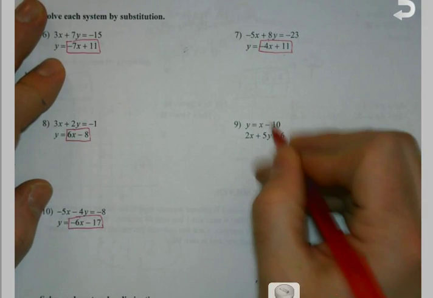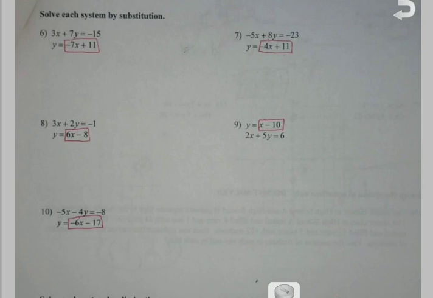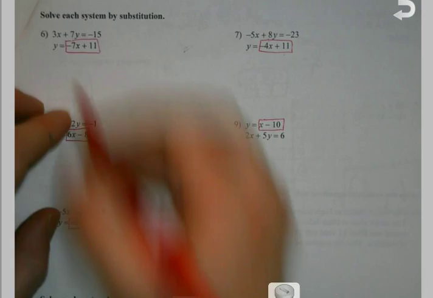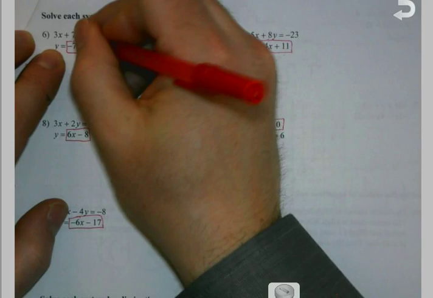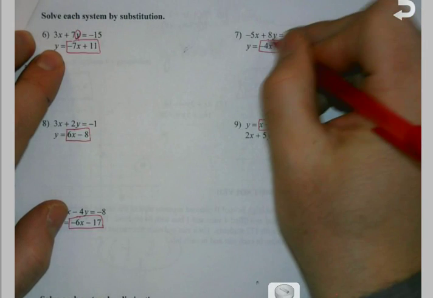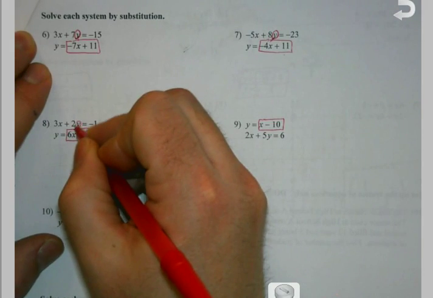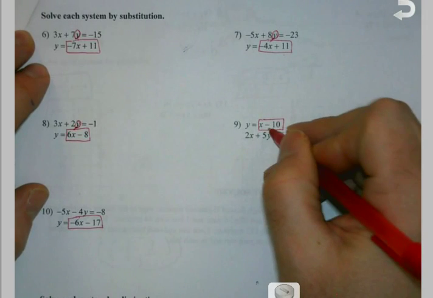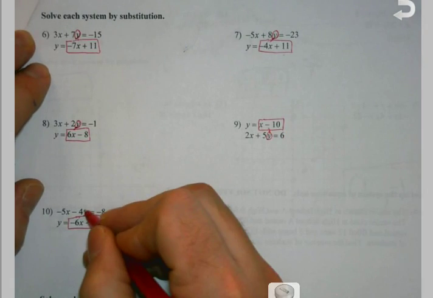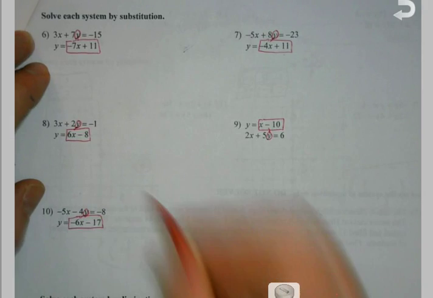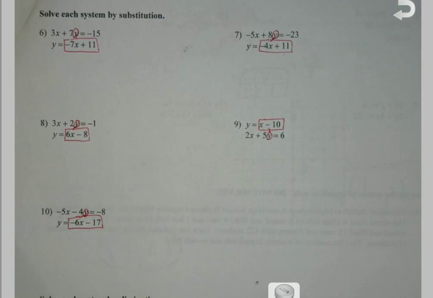And so we typically put a box around the side that didn't say x equals or y equals to remind us, oh yeah, I've got to plug this in wherever this variable is. So this says y, so I'm going to plug it in where the y goes. And why I chose to make every single one of these y, I don't know why. So when I'm doing substitution with these,